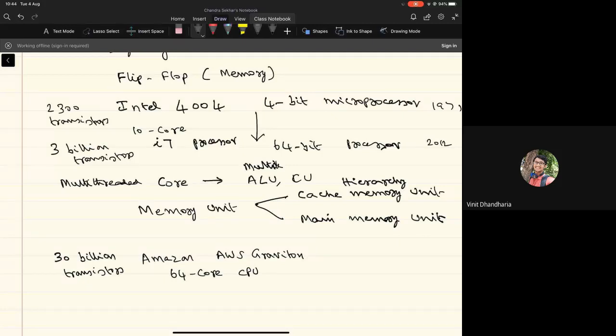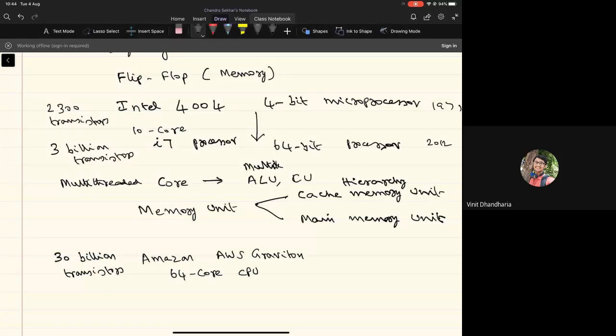So what we'll be studying in this course will be the design of basic circuits using logic gates, and then go on to build useful circuits like the arithmetic and logic units, both for the integer operations and the floating point operations, right? Then we'll go into the details of the memory unit, basically to see what is the basic memory element like the flip-flop, and how one can use several flip-flops to design the basic memory unit.